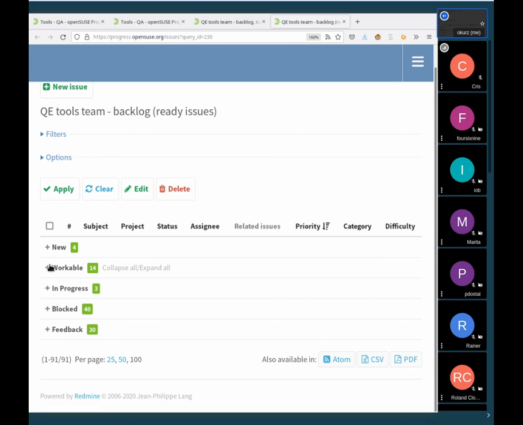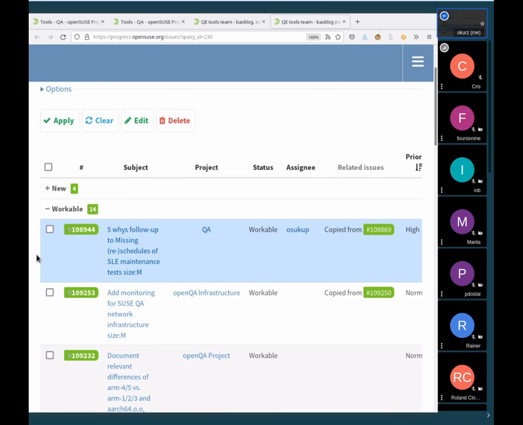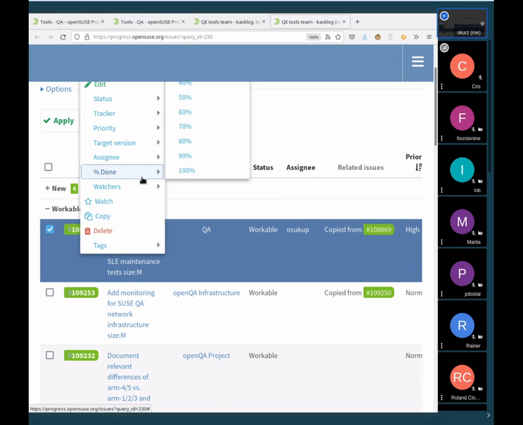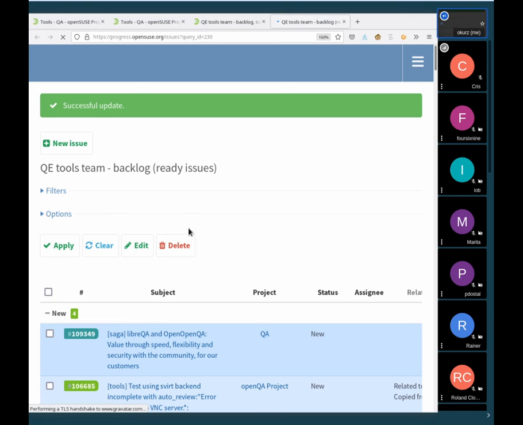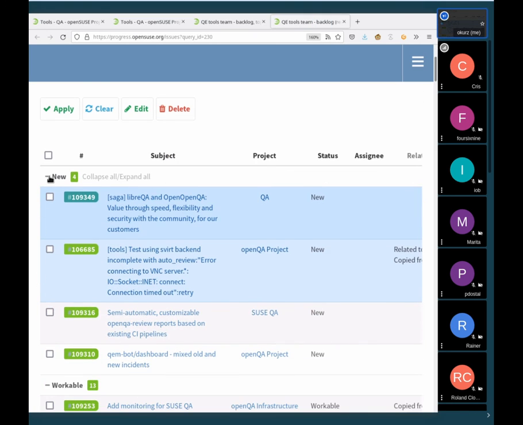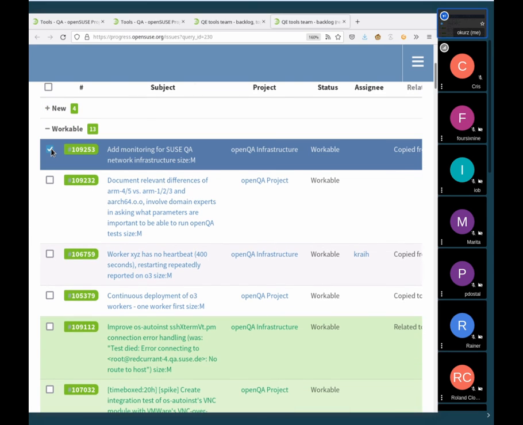And upcoming work after that would be, so that 5-wise follow-up, I think it should be in progress, because we just did that yesterday, and now we need to record the ideas into according tickets. Monitoring for SUSE QA network infrastructure,